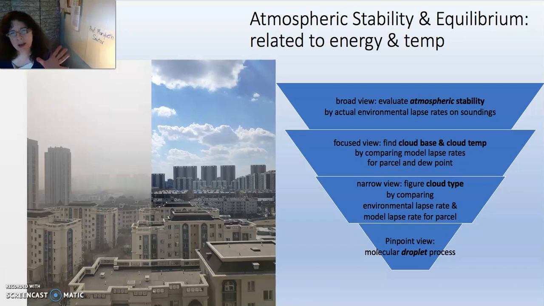So we are still in chapter 5, and we are evaluating atmospheric stability based on our observations, like pilots do, and based on the data. We've already talked about forced lift. Now we're going to talk about how our observations fit into some funky data on the sounding, specifically on the